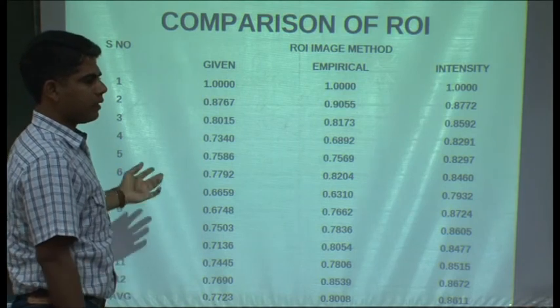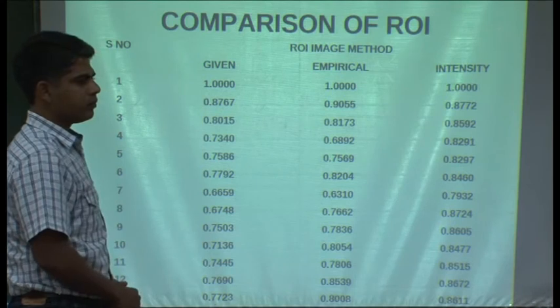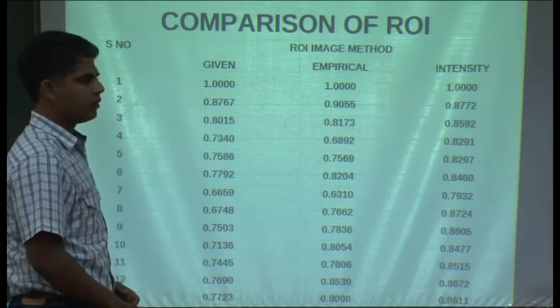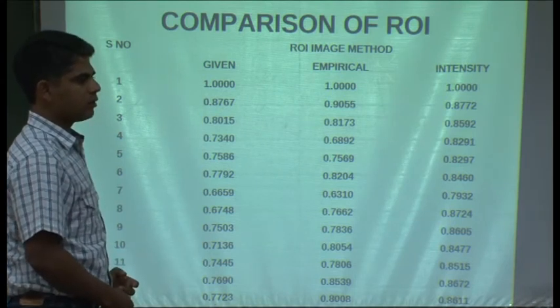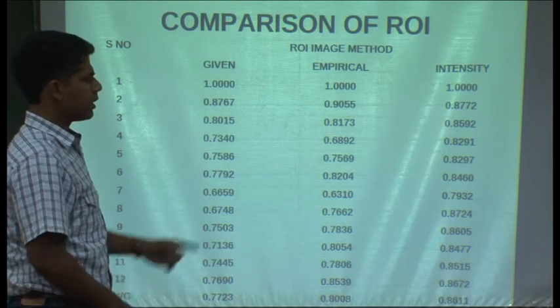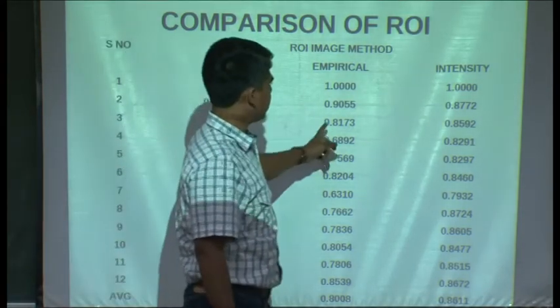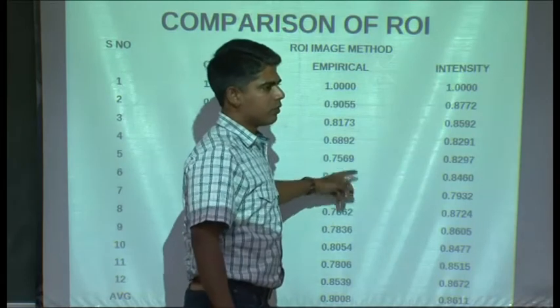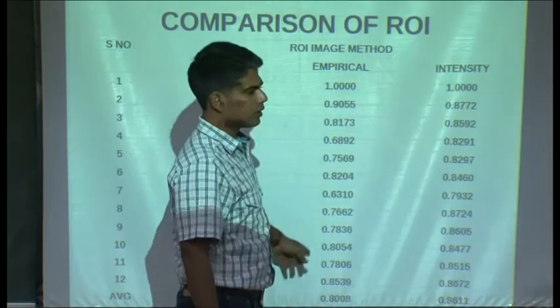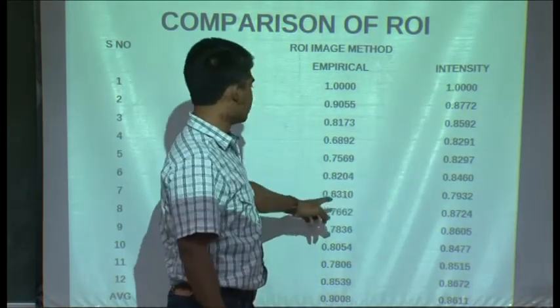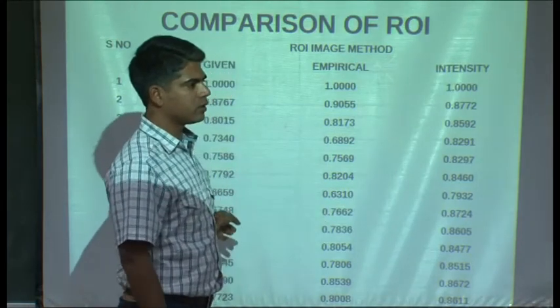So when you fix the first and match with the rest, you are getting better correlation, in both methods, the empirical and the intensity method. Only for a few things is it not consistent. The empirical method is not consistent. Otherwise, we can say it is comparable with the one which we are getting from Poly University.